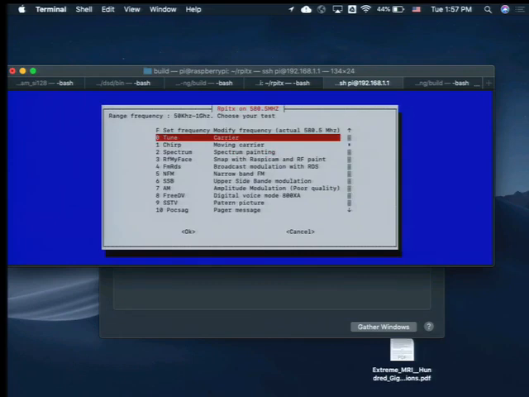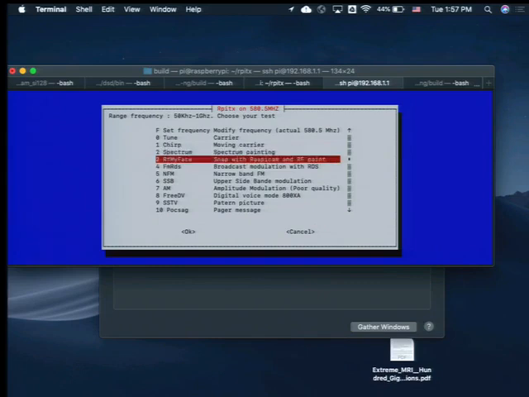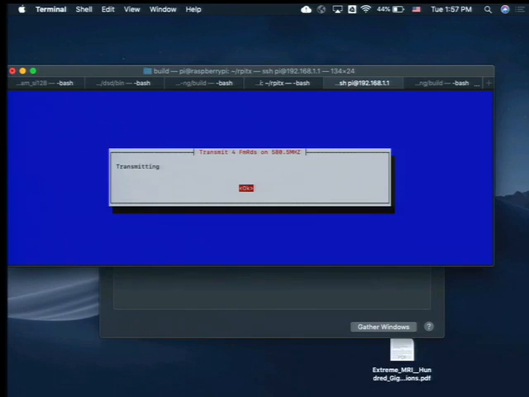And then there is also here, I think, broadcast modulation with RDS. Yeah, that would be the right one. Now it's transmitting.